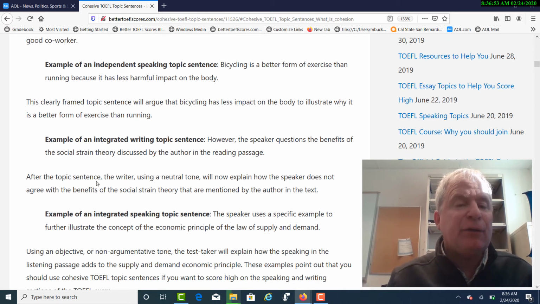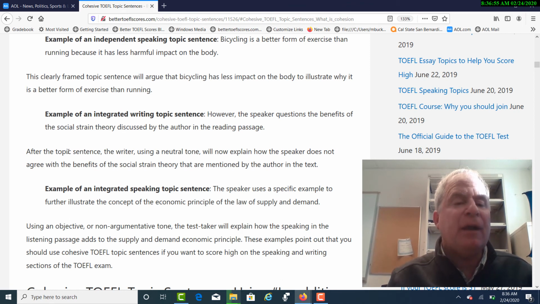Okay, now let's take a look at integrated writing and integrated speaking. In both of these cases, your topic sentence needs to connect back sometimes to a reading and a listening passage, or maybe one or the other, or maybe listening. So here's an example of integrated writing. It says, "However, the speaker questions the benefits of the social strain theory discussed by the author in the reading passage." Notice here,